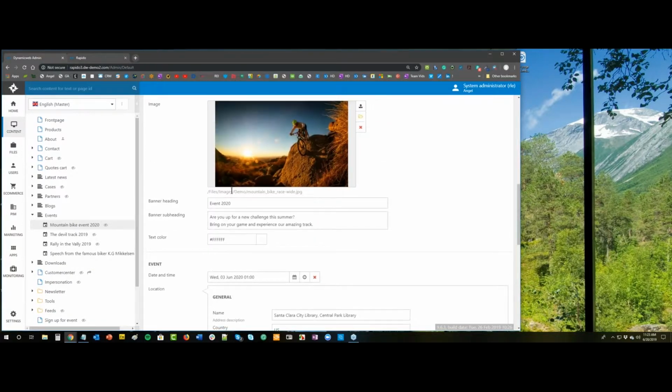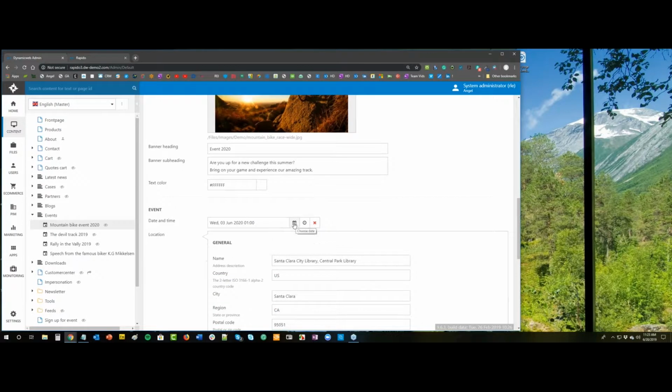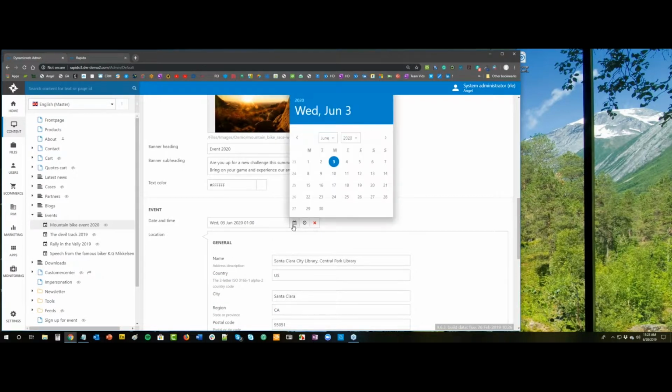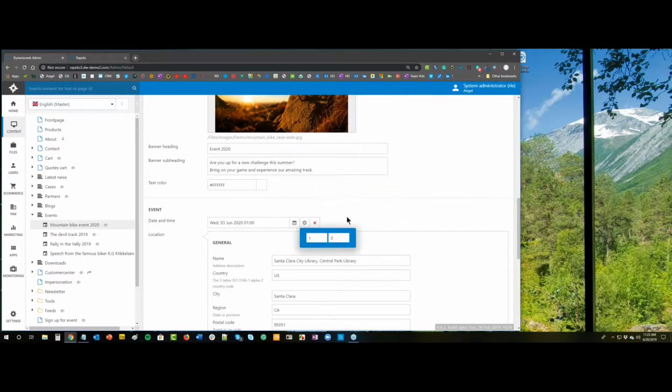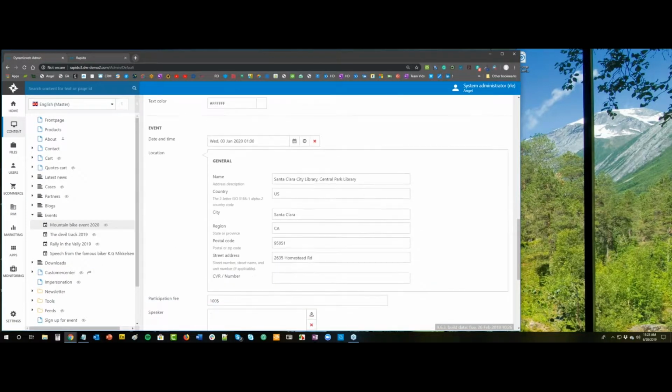So again, where we have an image, we have the ability to search for it using content. We have the ability to upload it on the fly if you realize you haven't yet uploaded that image. And then elements that are specific to the page are articulated that way. So the banner heading, the banner subheading, the text color for this text. We can, again, it's a color picker. We can choose a different color if we want to. With date and time, instead of inputting the actual date and time, we're choosing it from a picker. So that, again, it's just using your mouse movement and